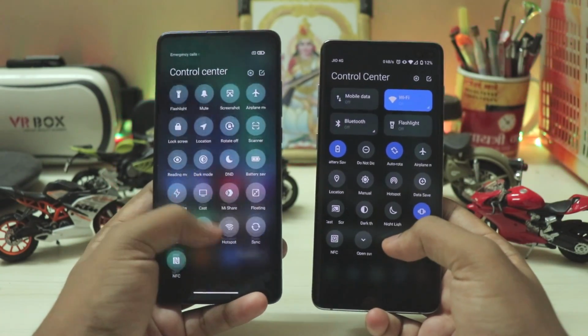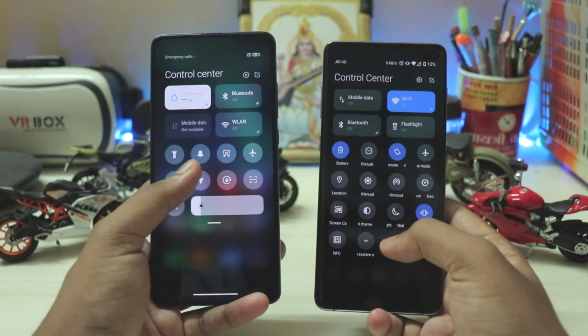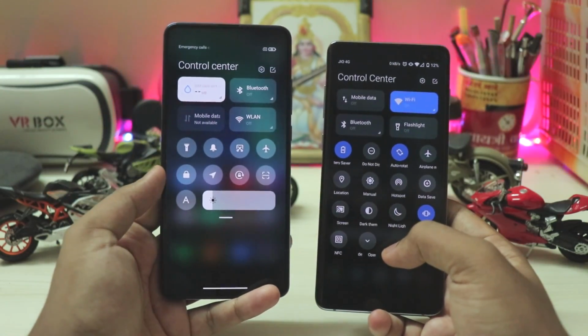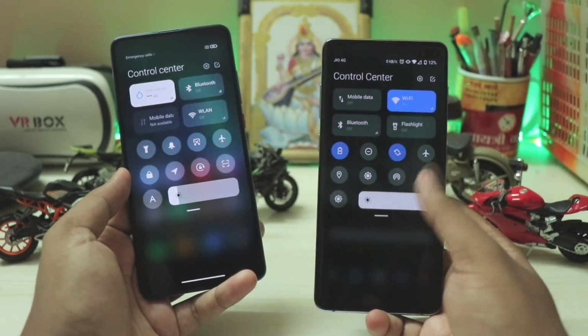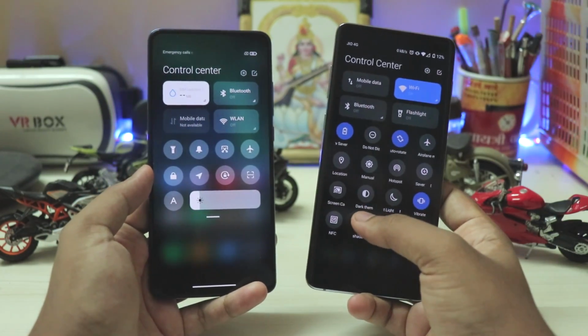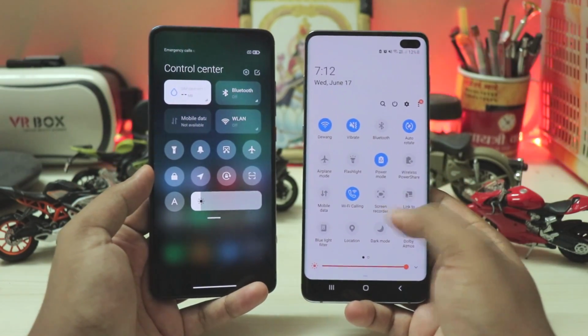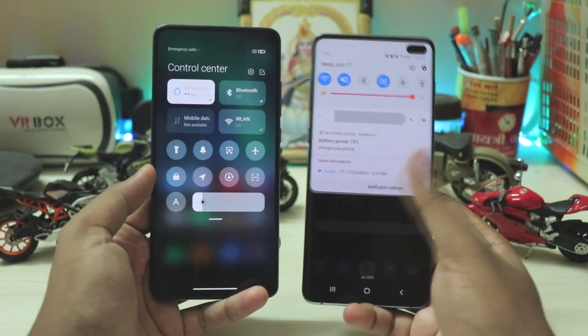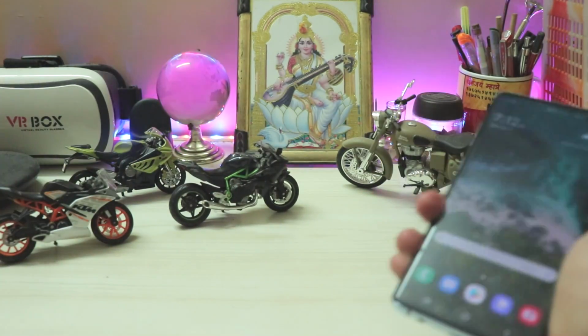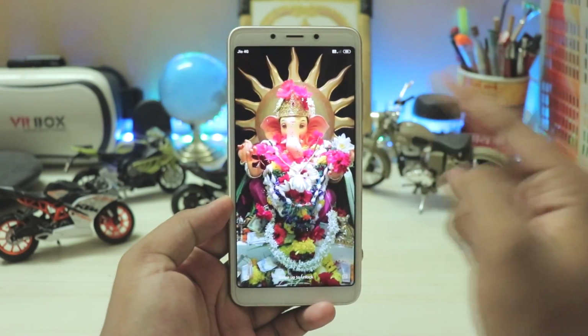But just scrolling it down, you have more toggles right over here. Again, it goes up, which is a bit buggy whenever you are trying to scroll up. As you can see, it just completely closes itself, but over here completely works fine. Again, you can just bring down your original quick settings panel right over here if there are more features, but let's just go back and install it on an Android 9 device.